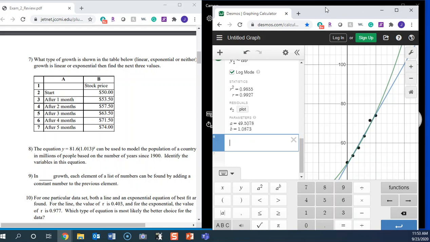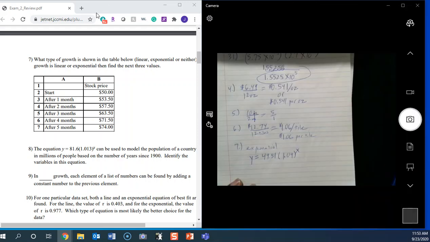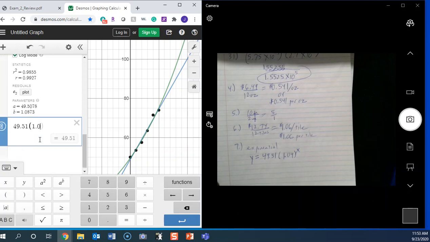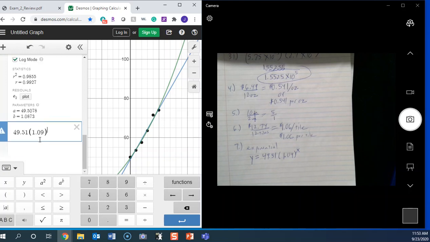Now, I'm going to move this back over here. Now they want us to do the next three values. This is our equation from what we got here, because we use the exponential. So we would type in 49.51 times the parenthesis 1.09, and then we would take this to the 6th power because they want the next three values. So one value would be $83.03,